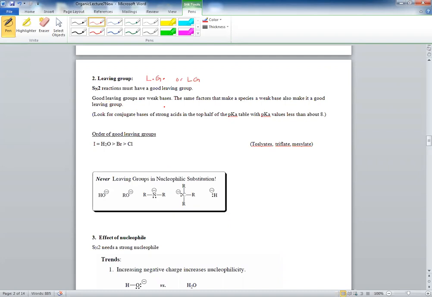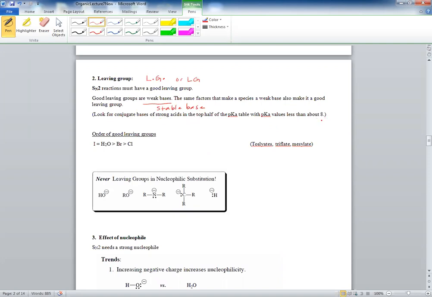Good leaving groups are weak bases, meaning, again, they can stabilize their charges. The same factors that make a species a weak base also make it a good leaving group. So remember, a good leaving group is a stable base. It's not reactive. One way of looking at it, and we studied this in chapter 2 on acids and bases, is if you look at the conjugate bases of strong acids in the top half of the pKa table with pKa values of less than